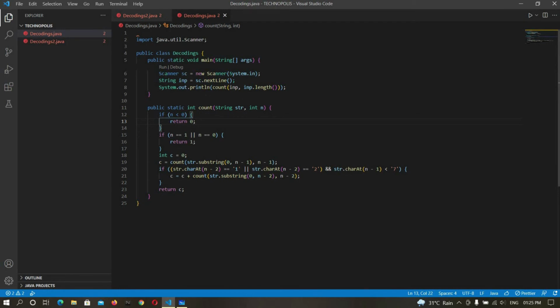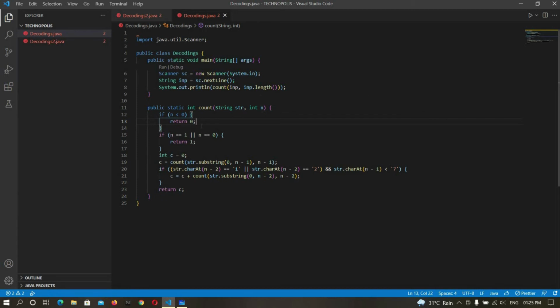So what we are doing here, I have written this in Java. You can go with any other language of your choice. The algorithm is going to be similar, just the syntax is going to be different. So let's start with the code. We are just taking the input string, and we have built a function count that will return the possible decodings, which takes in the parameter of that string